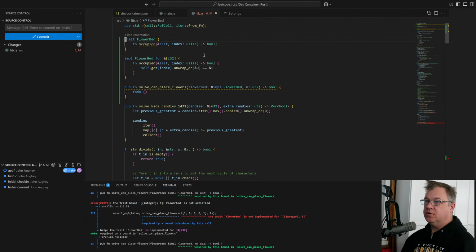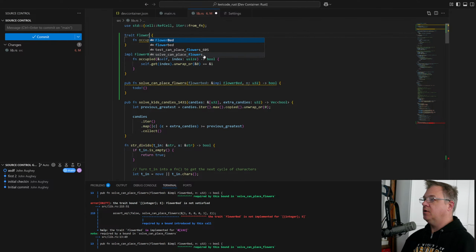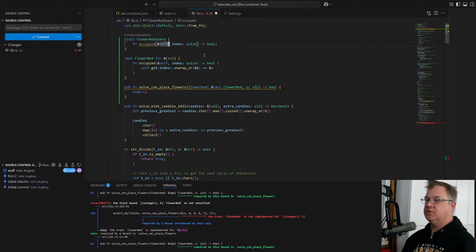So I'm actually going to change this. Trait is going to be flower bed space. This is going to return occupied for just self. Flower bed space. Occupied for self. Impl this where impl flower space for I32. Oh, we just do this.